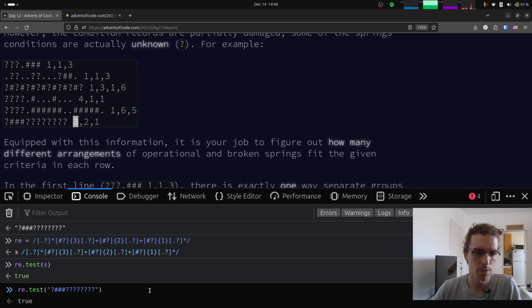So we know that this is true. If we remove this, it should still be true. But if we put another hash here, oh, it said true. I did something wrong. Why is this true? This shouldn't be true. If I put a dot here or a dot here, I think I screwed something up. I definitely did, but